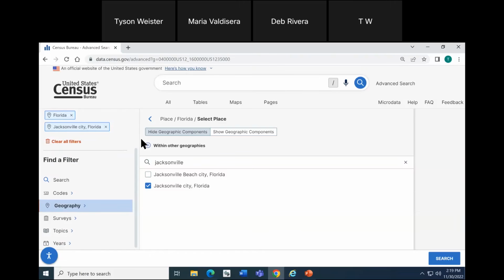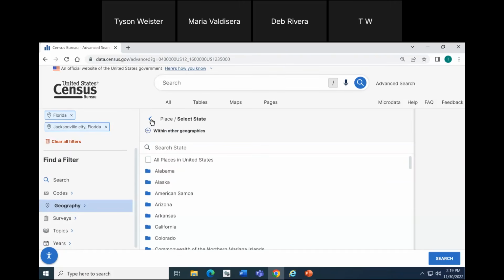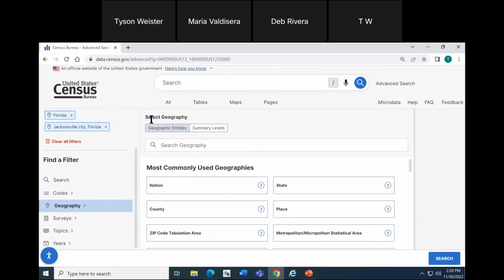Want to point out an additional way to navigate backwards through the panel. At the top, there is an arrow. You can click the arrow. Each time you click it, it's going to take you back one step or one click in the panel. So if I click it twice, it's going to take me all the way back to the main geography page. I think you'll find both of those methods handy in order to navigate backwards through the panel.